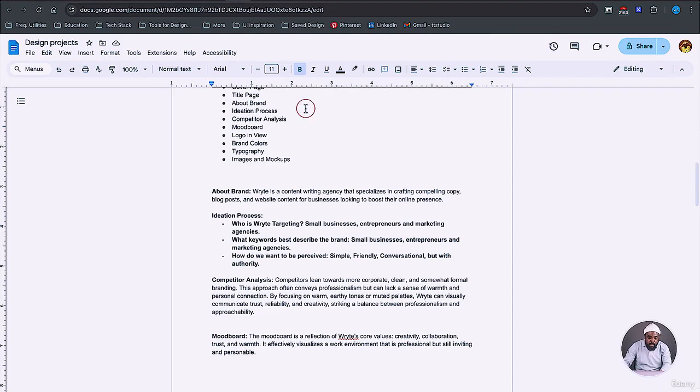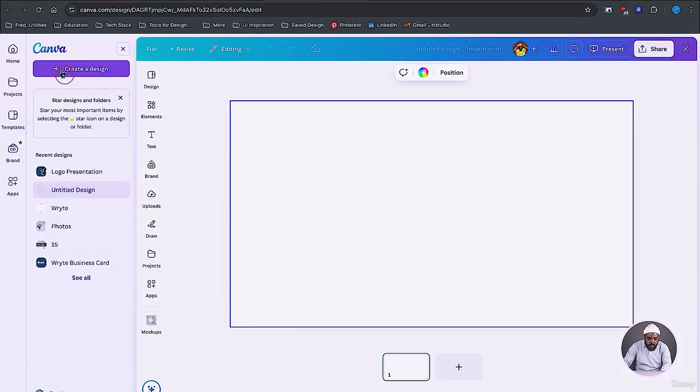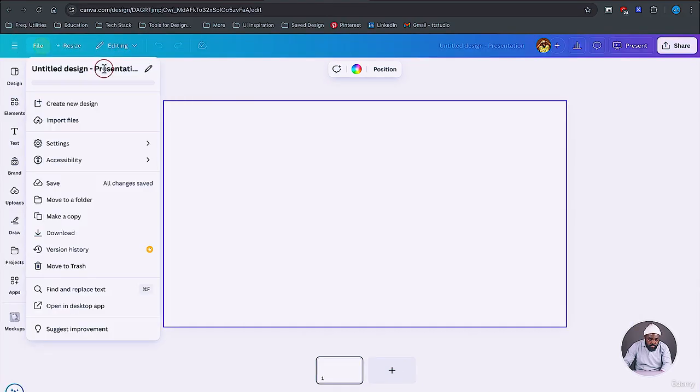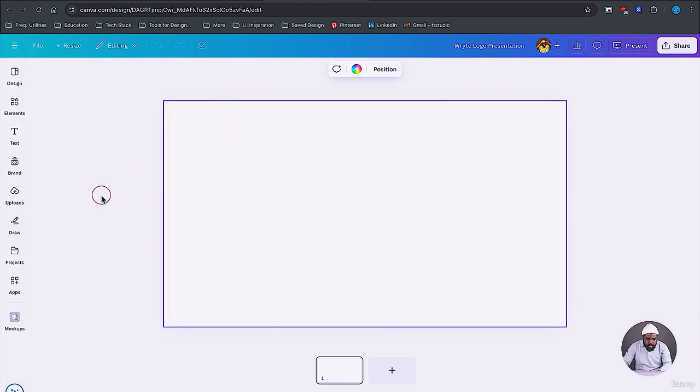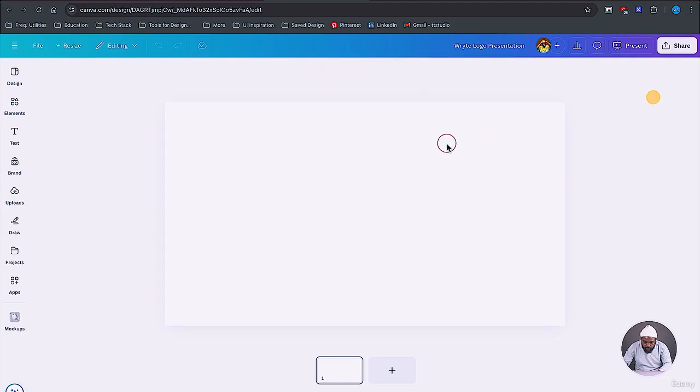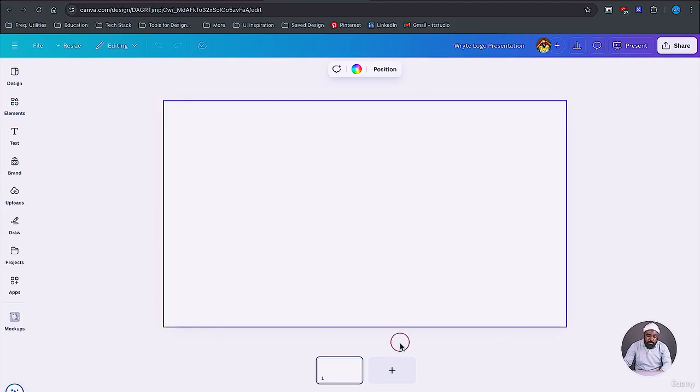So let's go into our documents. Let's make sure that we're naming our documents. So Right, logo presentation. I've uploaded our logo and a few of our assets into Canva, so we'll bring that in as we go. So this is our cover page. We need our cover page. We need our title page. We need our about page. Let's start with those. On our cover page, let's bring in some text